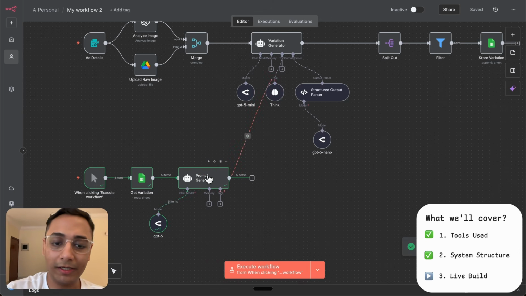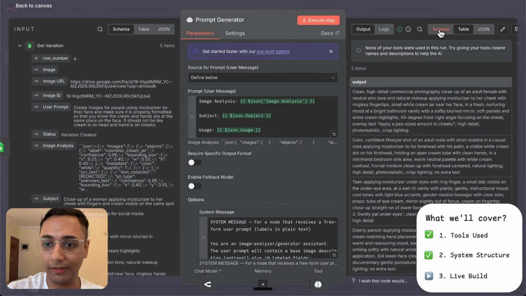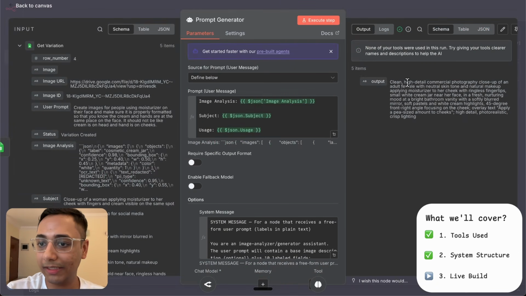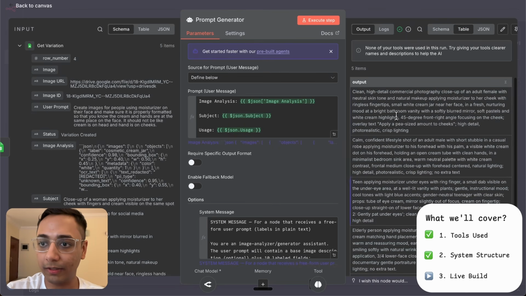Now our prompts are ready. Let's just quickly have a look at what it generated. So: clean high detail commercial photography close-up of an adult female with neutral skin tone, natural makeup, applying moisturizer, in the fresh nurturing mood, the softly blurred mirror, soft pastels, white cream, 45-degree angle, and overlay text, apply a pea-size amount to cheeks, high detail, photorealistic, crisp lighting. So as you can see, it has got all the 5 inputs, you can see all of them, and